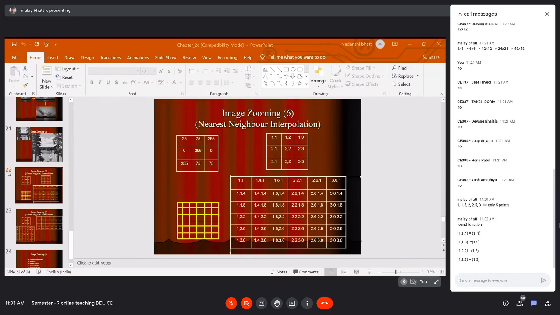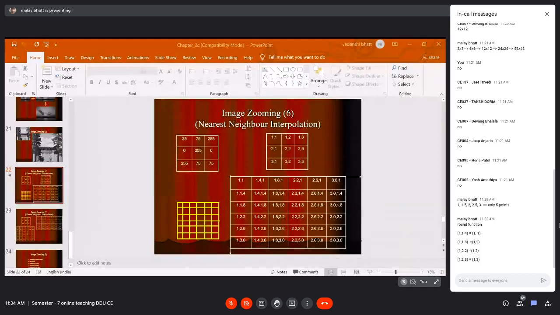Is this clear? How we are doing this? Basically, whatever gray level value is at position 1 comma 1, the same should be repeated at 1 comma 1.4. Whatever gray value we have at 1 comma 2, the same will be considered for 1 comma 1.8.